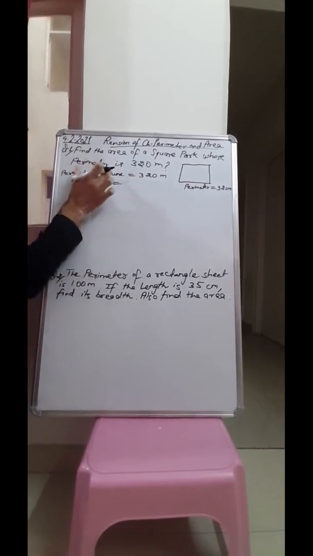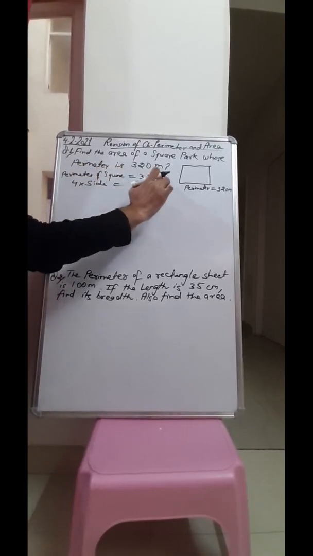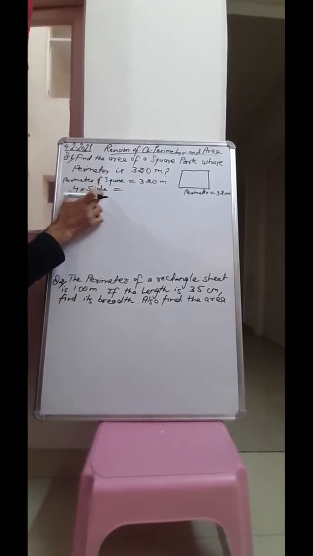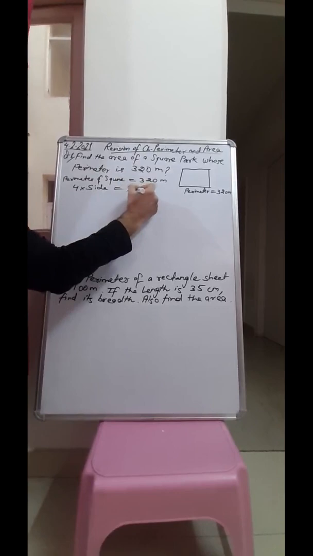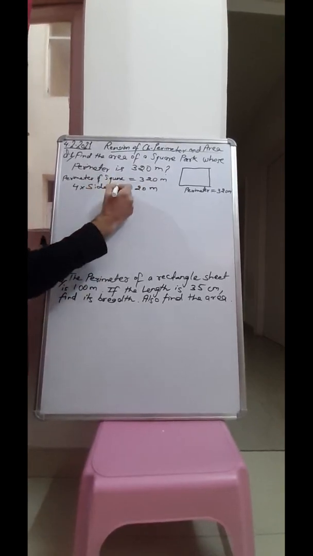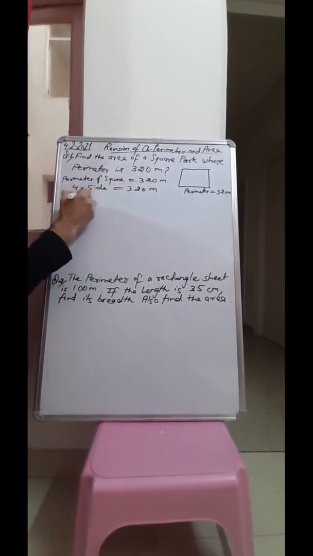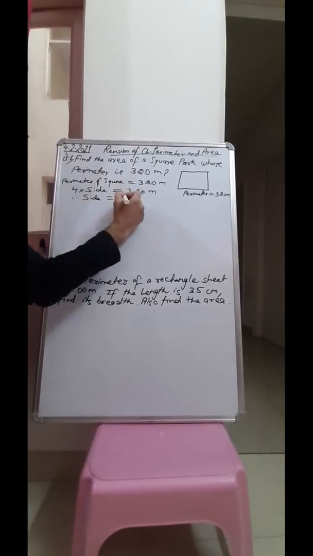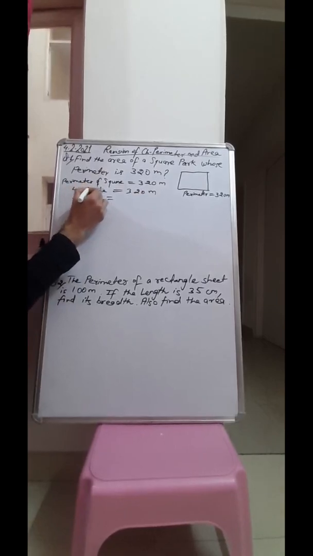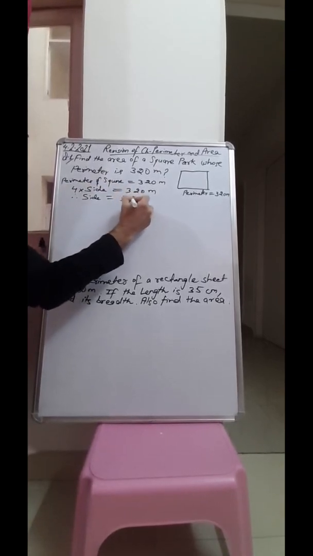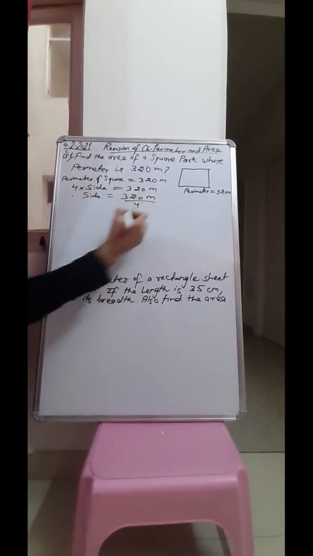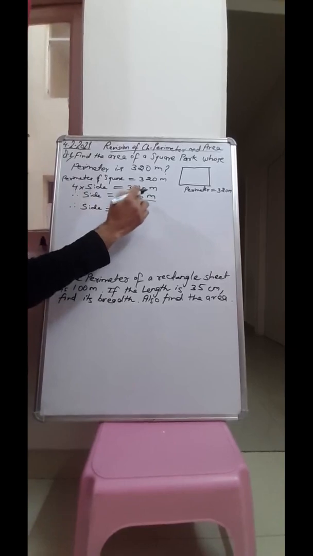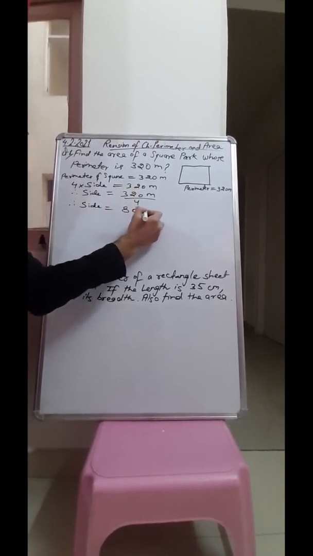So first we have written perimeter of square equal to 320. On the left hand side we have written the formula of perimeter of square, that is 4 multiplied by side, that is equal to 320 meter. Therefore we can find out a side. How? By dividing 320 by 4. Here it is multiply, so multiply will go to divide on the right hand side of equal. So the side will be equal to, when you divide 320 by 4, you get 80 meter.